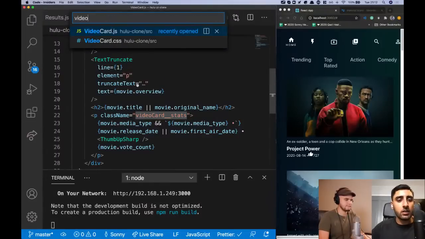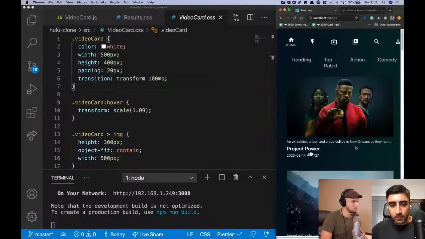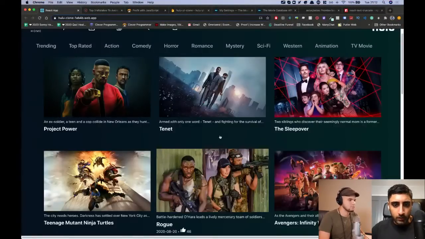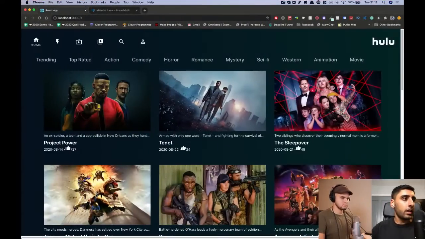So video card, go over here and let's go to your video card stats. Nice. For this one, we want to make it so that right now it's kind of squished together, whereas in the final build it's not fully squished together. It's a little bit bigger, right? So in order to get it looking like that, we're going to go ahead and say, we